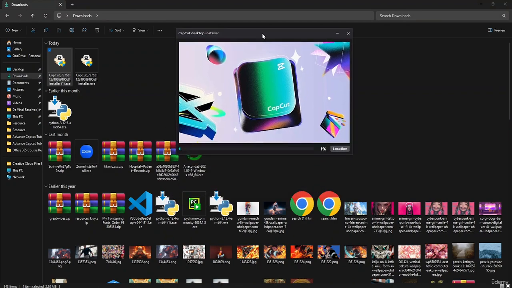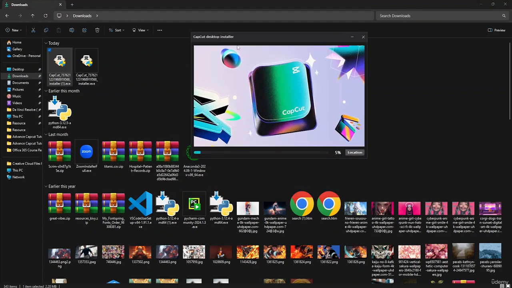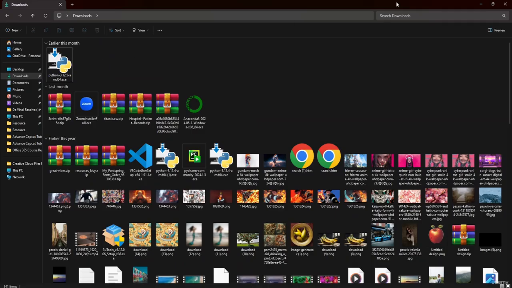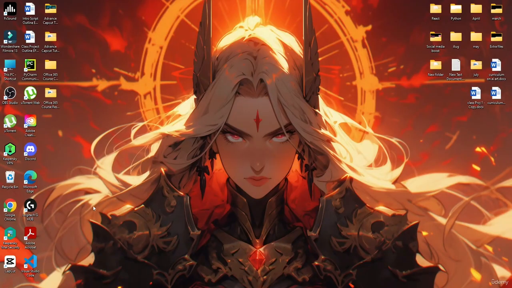Okay, so here you guys can see it's showing me CapCut desktop installer. So I will just cancel this as I already do have it. So let's click on stop. Let's select both of these, and let's delete both of these as well. And now let me go to my CapCut application. Okay, so just leave that installing part. I have shown you how to do that, and let's double click over here,